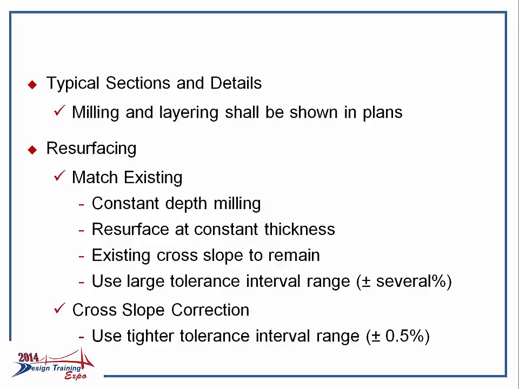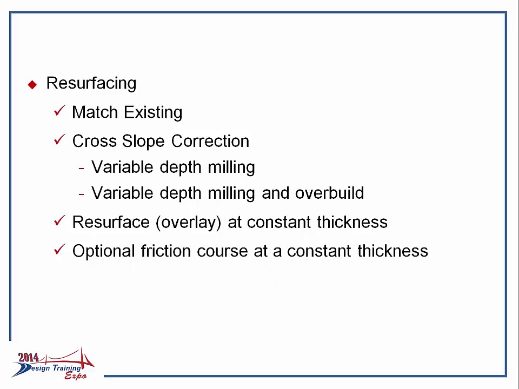If variable depth milling cannot achieve the design cross slope, overbuild may be applied. Overbuild is typically a wedge-shaped section of asphalt at varying thickness from the inside to the outside to achieve additional cross slope to correct for an existing pavement cross slope out of tolerance. Overbuild is only applied if variable depth milling cannot achieve the desired cross slope. After an overbuild is applied and if the desired cross slope is met, then a constant thickness overlay is added to complete the resurfacing. Optionally, a friction course of a constant thickness can be applied on top of the resurfacing